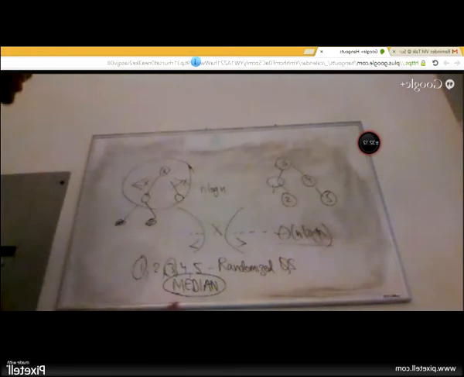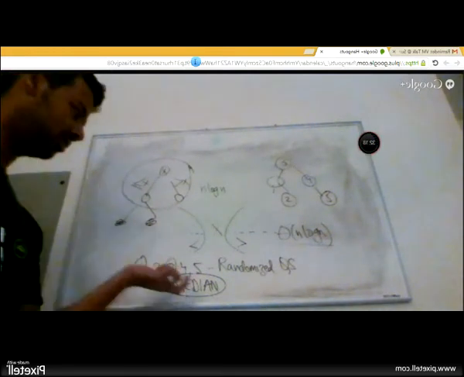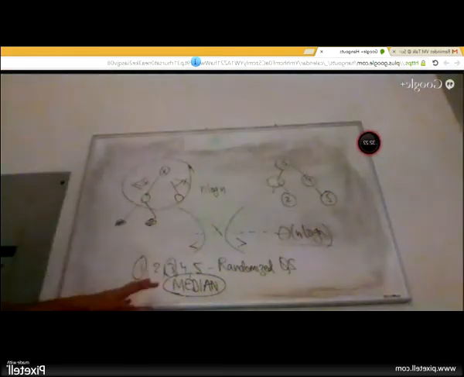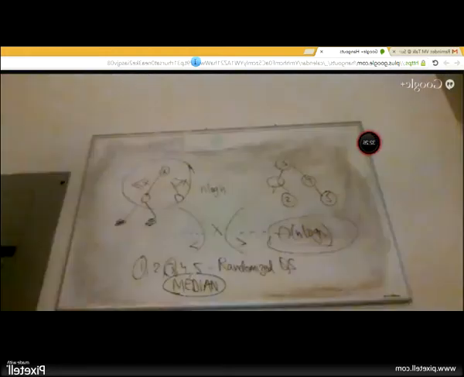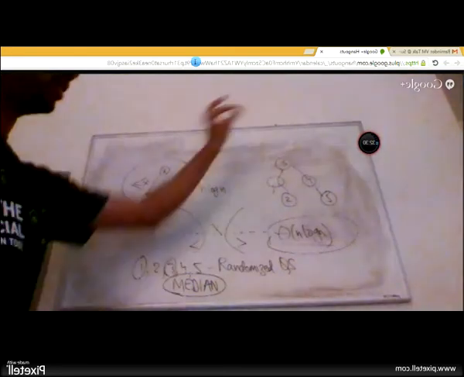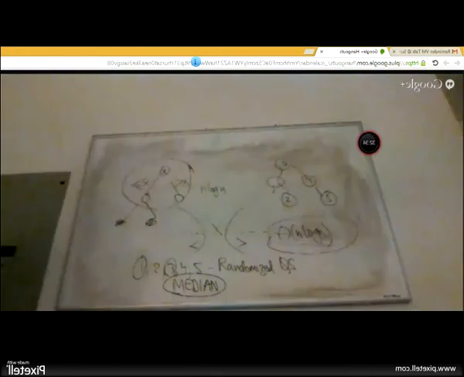So if I were to sort it, finding the middle element is not a big deal. If I know the length of the array, all I have to do is take the n by 2 element, and that is the middle element. So that is constant time. But the sorting eats up most of my time, and it becomes n log n just to find out the root element. And then there is an additional process of constructing the binary search tree.